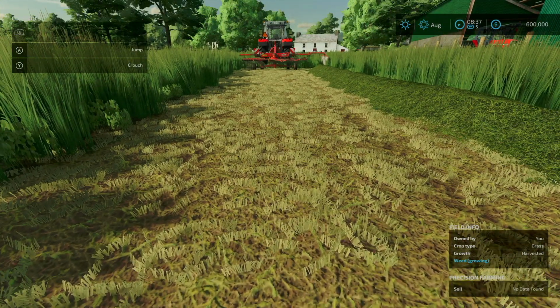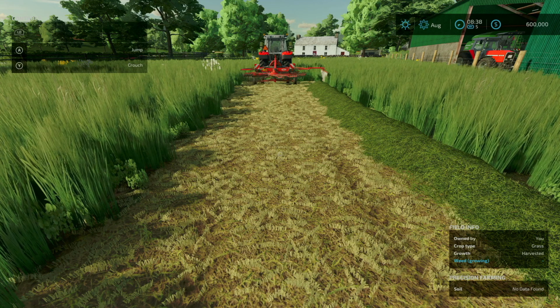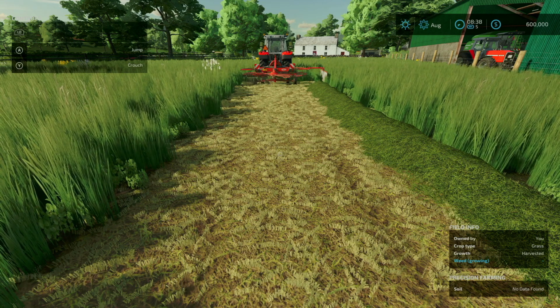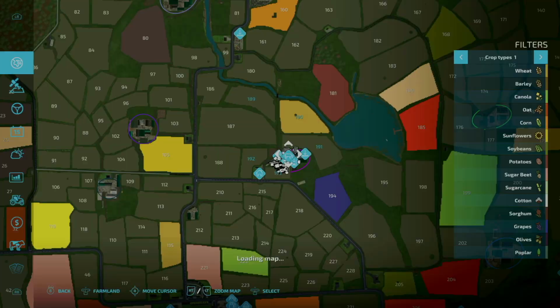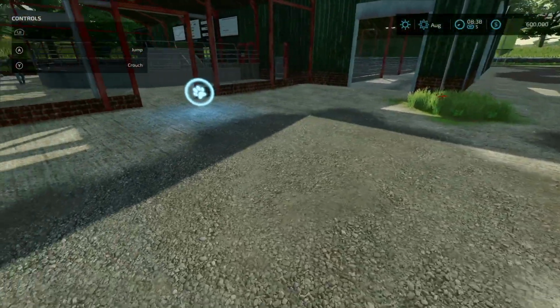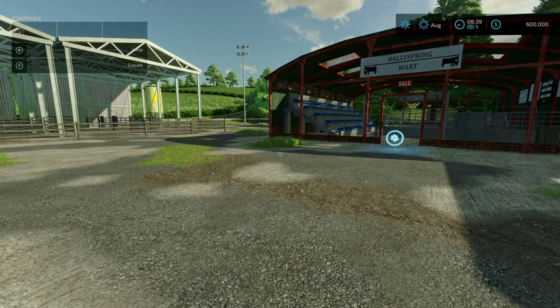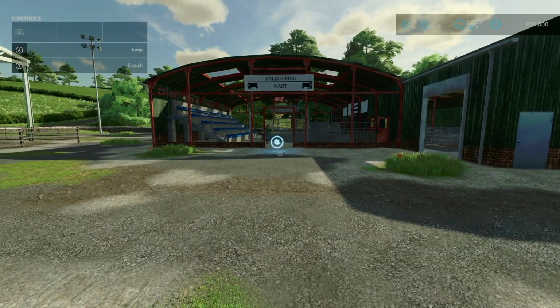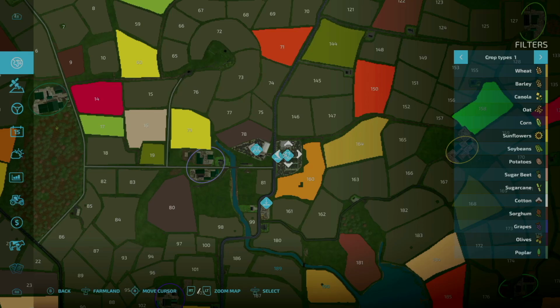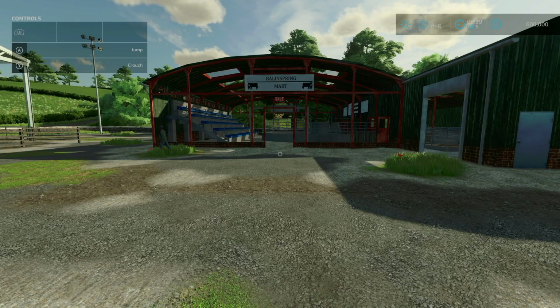There we go. Very nice. Next one: made animal dealer icon disappear when interactive zone markers turned off. Well, let's go to the animal dealer. That is right here. So there is the zone marker, or the icon, the animal dealer icon. If you go to your general settings, scroll down to interactive zone markers, turn that off, you'll see now